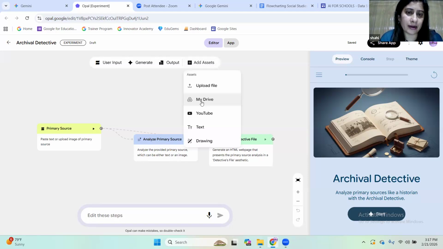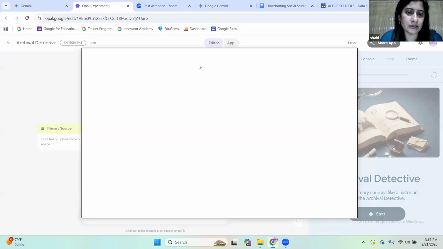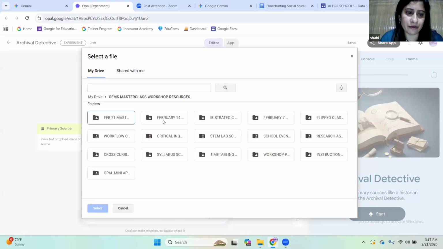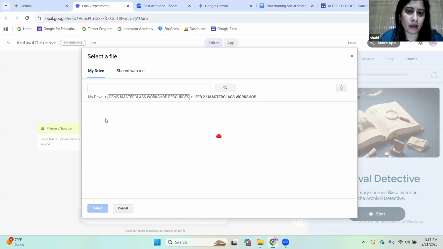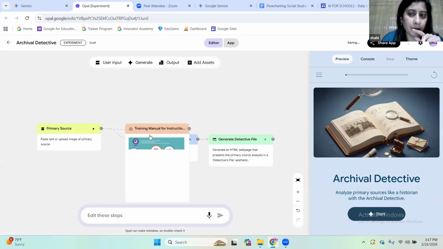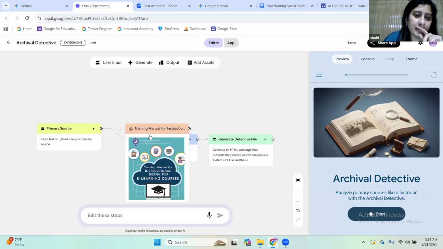So I can add assets here. You see, I can edit assets, I can add files, I can add links. The aim of adding links or files is to enrich its database. For example, I'm just going to add this random file to see. You see, it will appear here. The benefit of adding this asset will be that the app will have a reference point for information or for how it should act. You can add this reference point here.